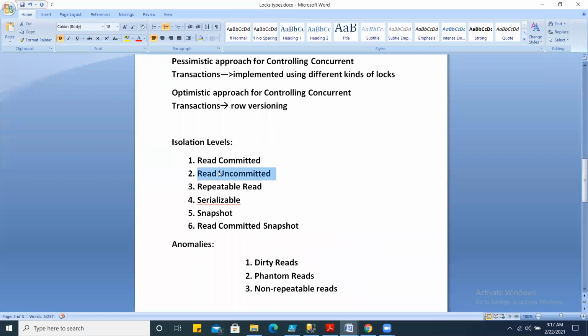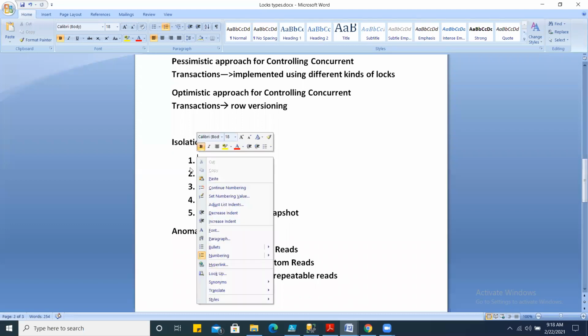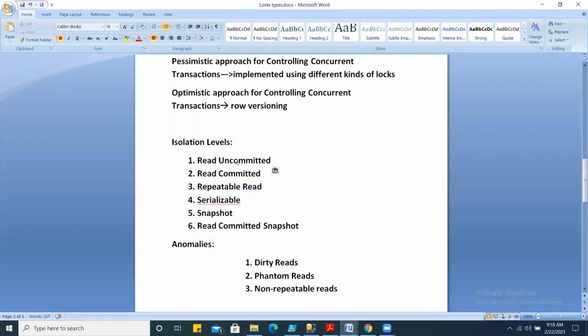If we talk about lowest to highest degree of isolation, then read uncommitted, read committed, repeatable read, and serializable. I talked about these 4 isolation levels also, and how they deal with different kinds of database anomalies that may exist during the transactions, right?